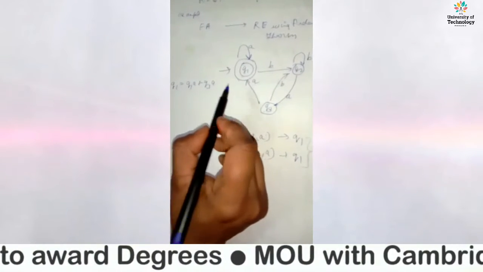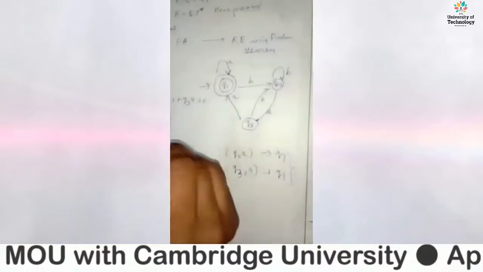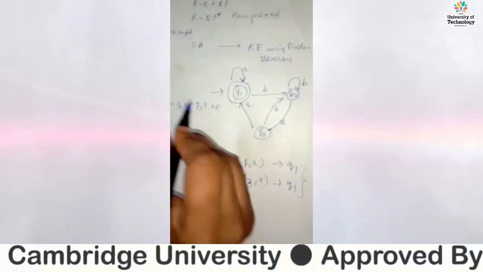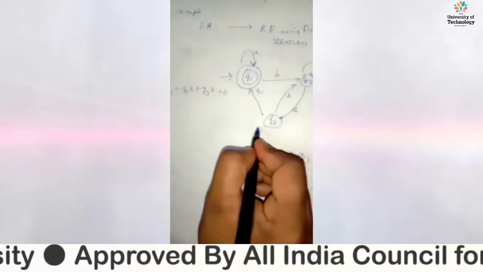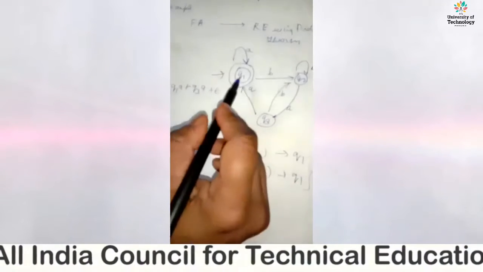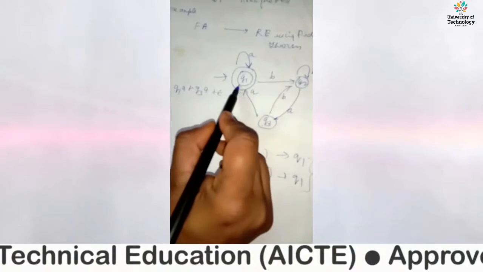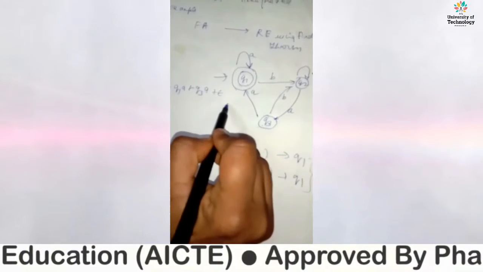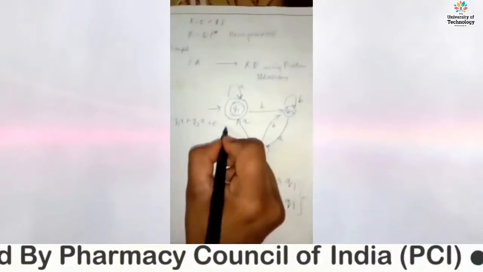Now since Q1 is also the initial state, we can add epsilon to it. Whatever the initial state is, if it were Q3 instead of Q1, then when finding the value of Q3 you would use epsilon in that equation. Since the final state and the initial state are the same, Q1 only, and it is the initial state, we are adding epsilon to it. Is this clear to you? Any other confusions? Fine, let's move on. We can mark it as equation number 1.